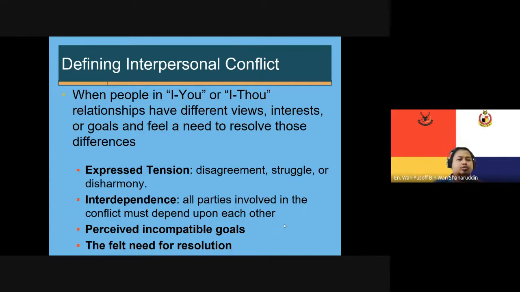And also you're going to have the felt need for resolution. In choosing the tiles for our house, we will try to find the best way. We are in grave need to find the best way of resolution to get the best tiles to be put in our house, because this is something that we share together. And this particular partner is also someone with whom I am involved in an I-thou communication kind of relationship.